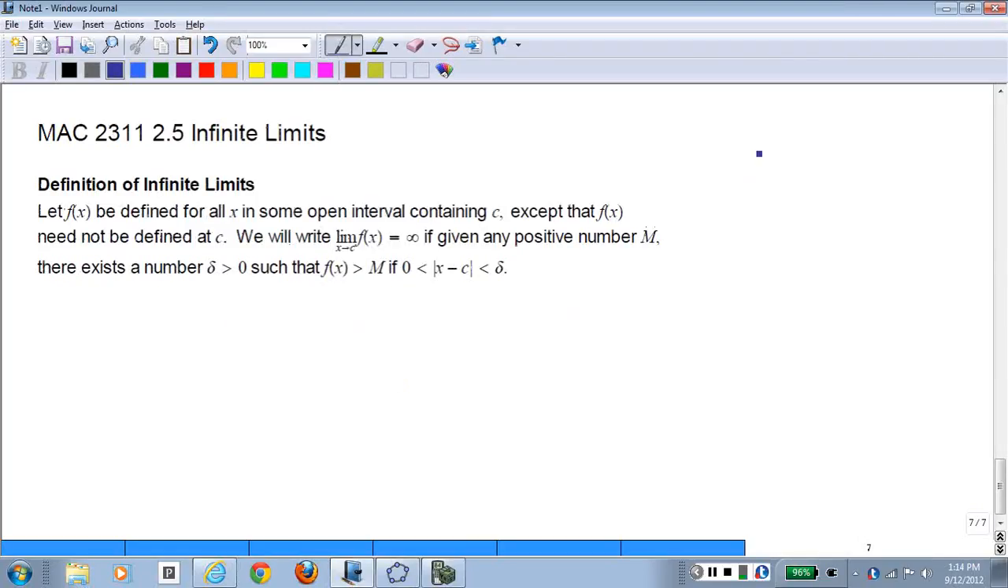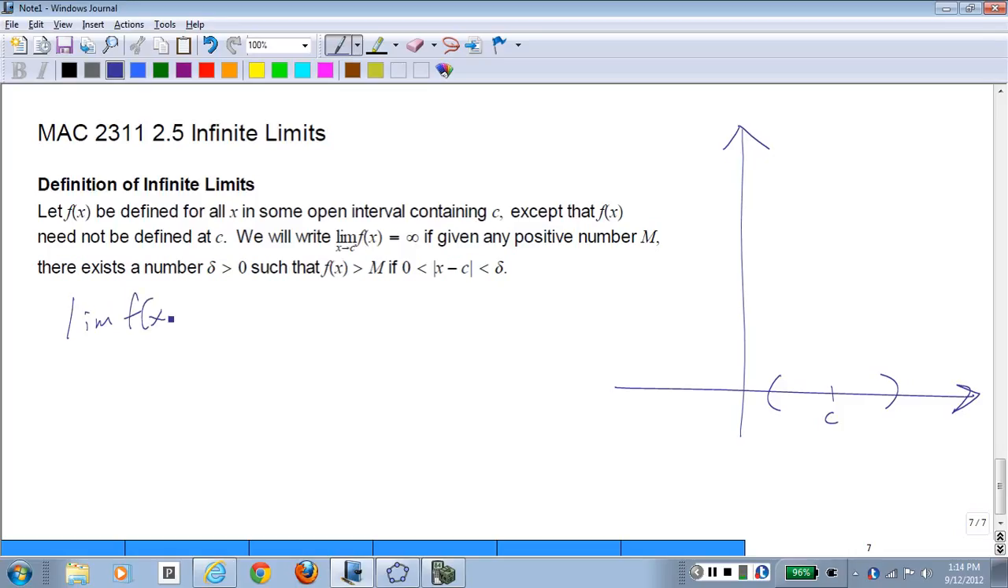The idea here is this. Let f of x be defined for all x in some open interval containing c, except that f need not be defined, and often is not defined for the functions that we typically consider, at c itself. If we're going to be able to write that the limit of f of x as x approaches c actually equals infinity,